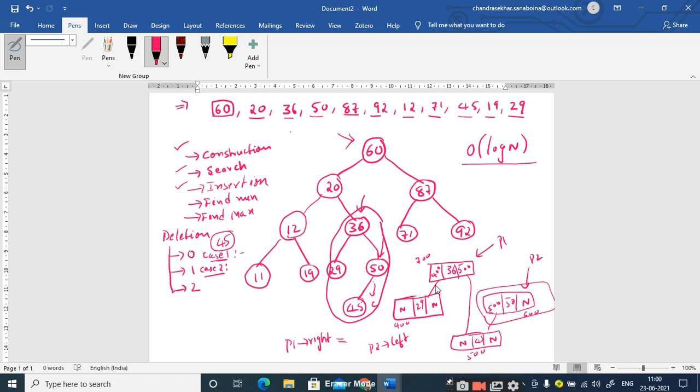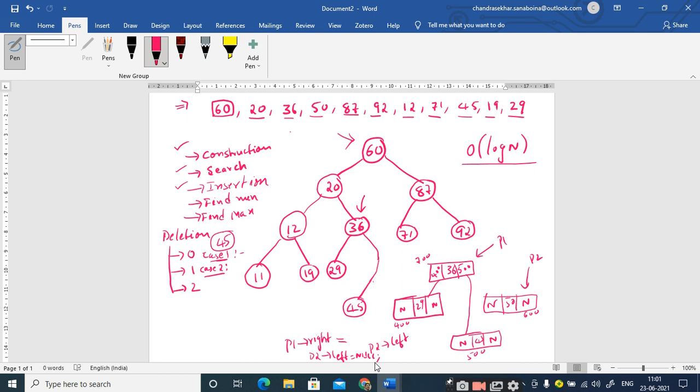Yes, sir. Or else, after P1 arrow right is equal to P2 arrow left, as the second step you can write P2 arrow left is equal to null. So this will be modified as null and you can break this link. That's it. Is it clear? Clear, sir. Now after removing the node with one child, this node is broken.